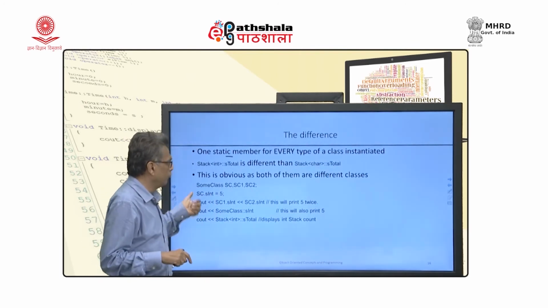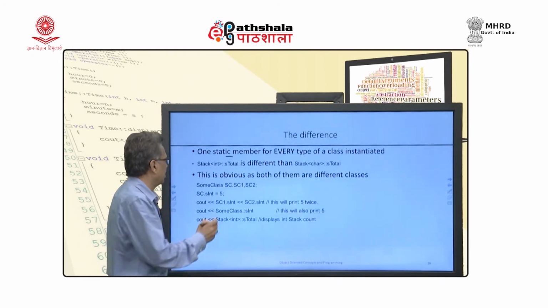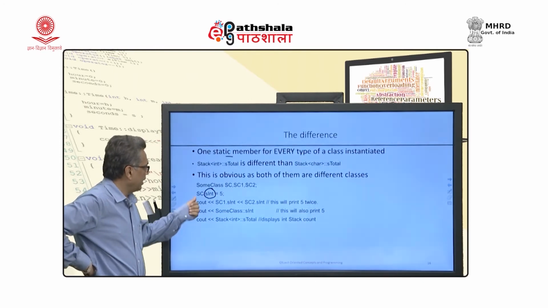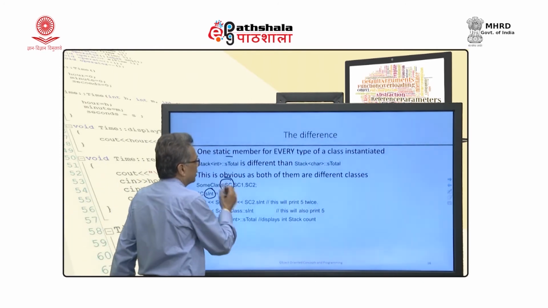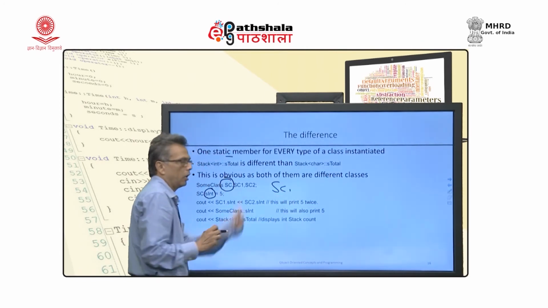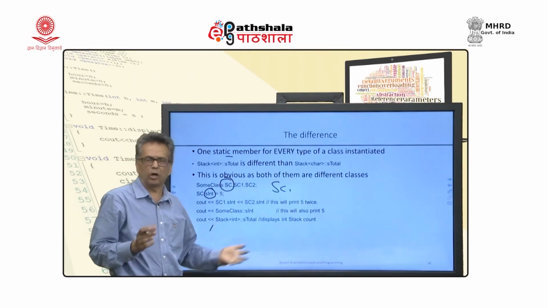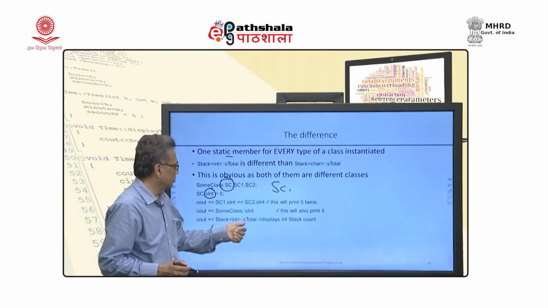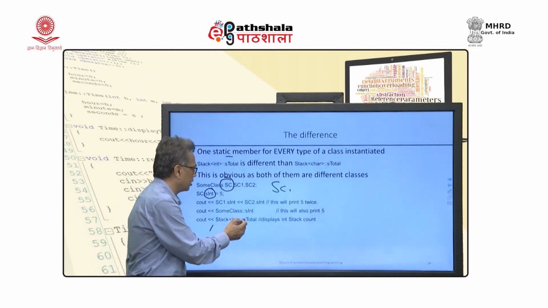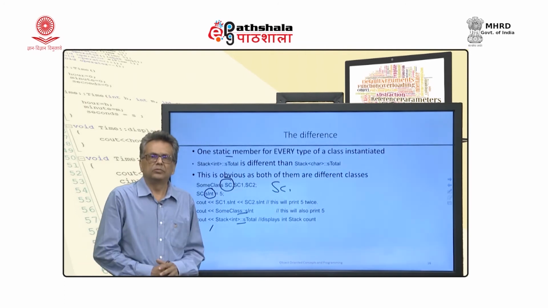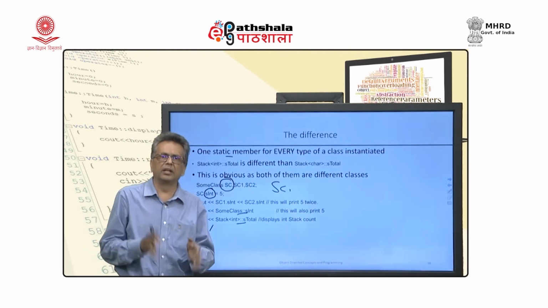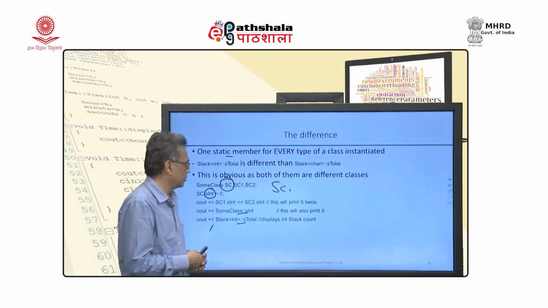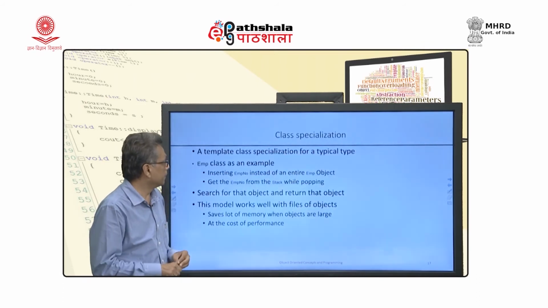Okay. In fact, we have already seen, you already know this, that if I have a static member as S int, I can use an object. Okay, so, SC dot notation, object dot static member, but in that case the object is basically a dummy object, it has nothing to do with that element. Okay. I can also use the scope resolution operator like this. In either cases I will get the same value, because there is a single static member shared by all elements of all objects of the class. Okay. So, that is what is being shown here.